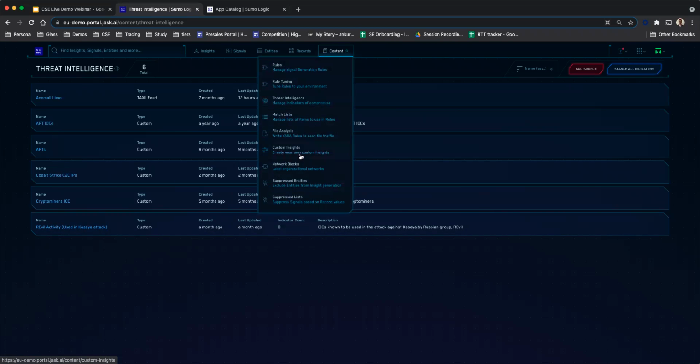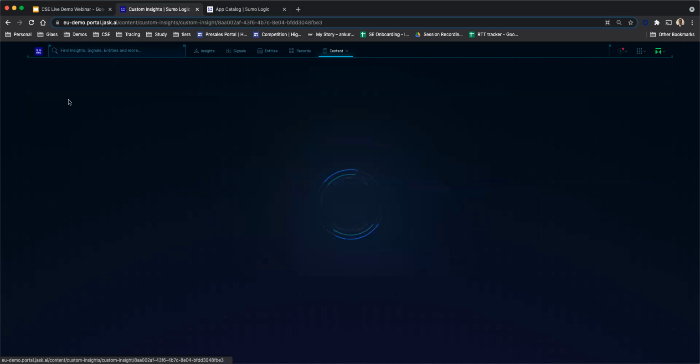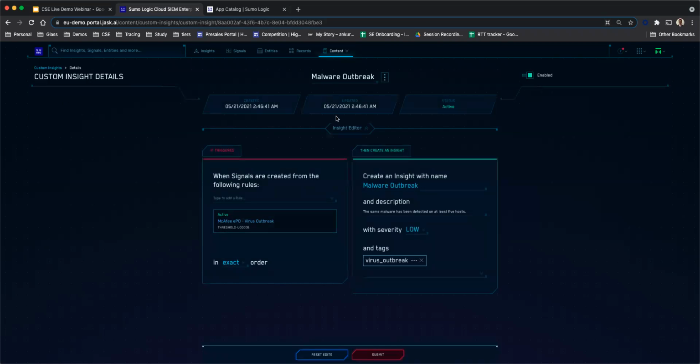And you can create your custom insights as well. So this is a custom insight panel. I can go ahead and create that. Let me show you an example here. So this signal is a custom insight that we have here. This is a rule which talks about the condition, and then you can set the parameters, you can write a description for that, and then you can create your own custom insights over here.